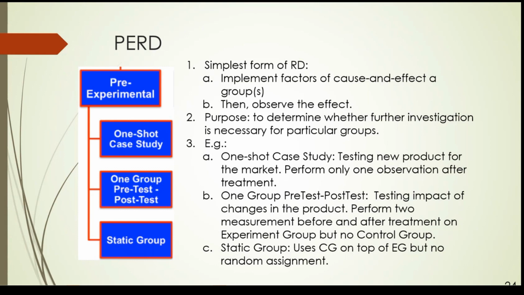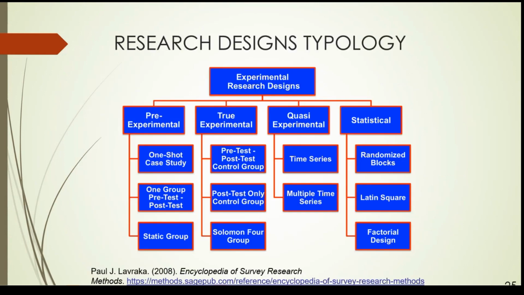use the same control group. You can use a control group on top of the experimental group. That means you have two groups instead of one group. So these are three configurations that you can have for pre-experimental research design. So this is a summary of experimental research design: pre, true, quasi. All right. Pre-experimental design, okay, in layman's terms, is survey. True experiment is lab. Quasi-experiment is usually for field because there are some limitations, some constraints. All right.